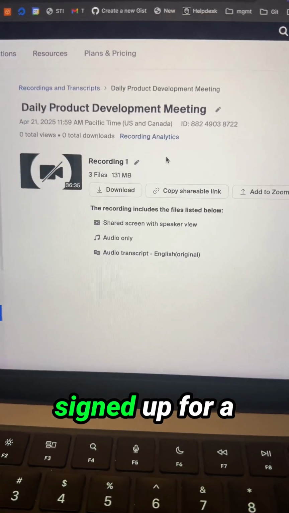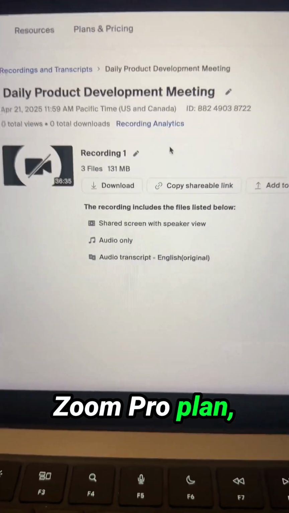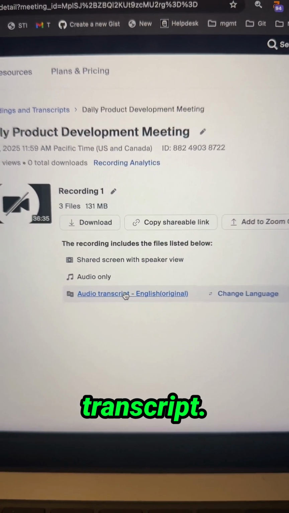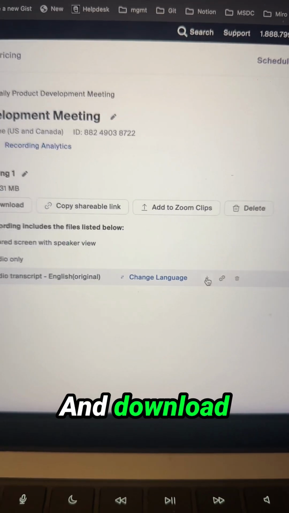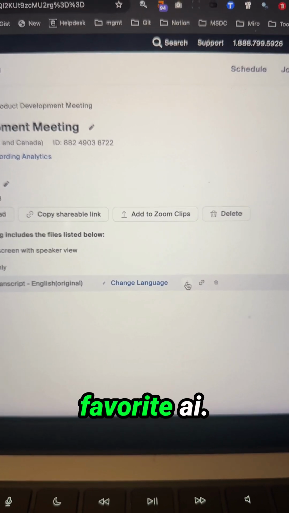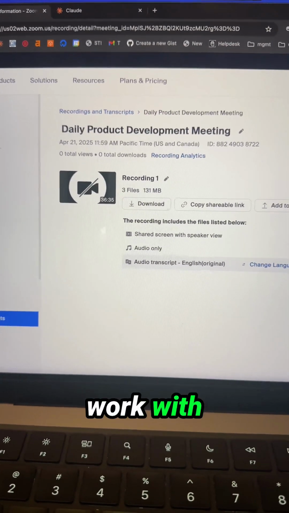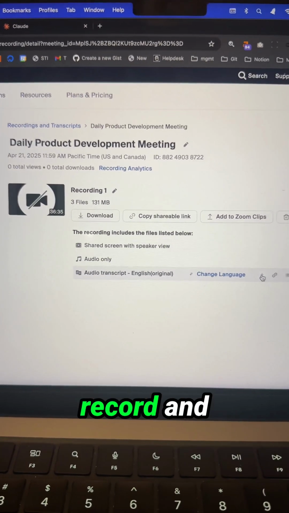Okay, so the first thing we have to do is get the transcript of the meeting. Now, if you are signed up for a Zoom Pro plan, you're actually just going to be able to get a very good audio transcript and download it that you can then pipe into your favorite AI. But let me show you an approach that should work with any meeting software that allows you to record and